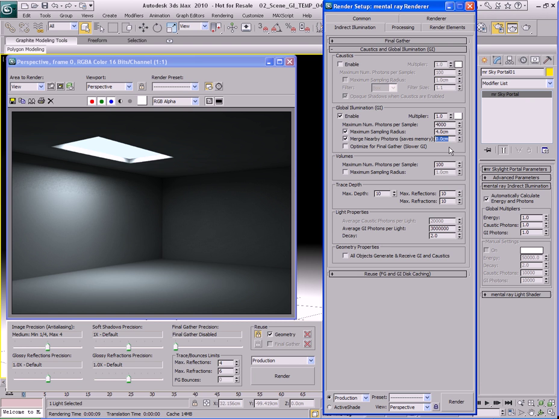So the question is, what size should we use to merge these nearby photons? Well, you can use a lot of different sizes. It really depends on your scene. In this case, I'm going to use a very small number. You don't want to use a very large number, because the problem is if you use a very large number, like let's say a number like 10, what's going to end up happening is it's going to,